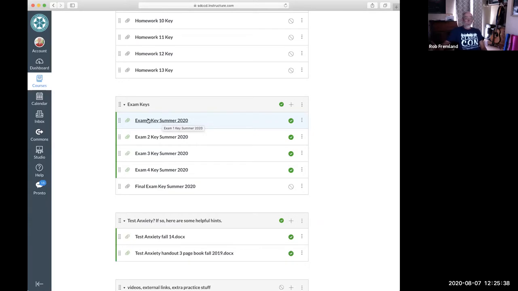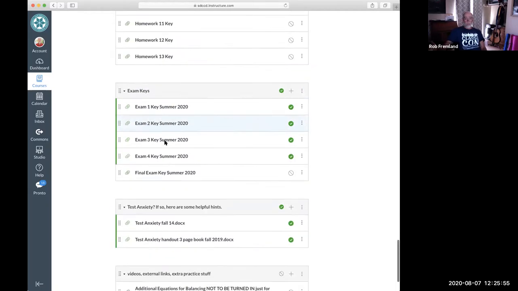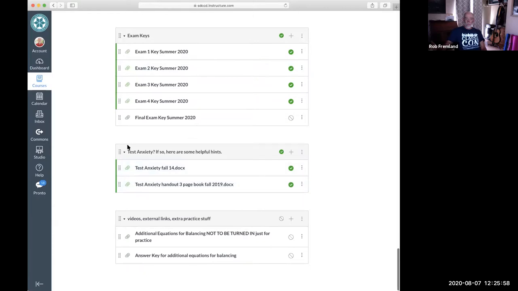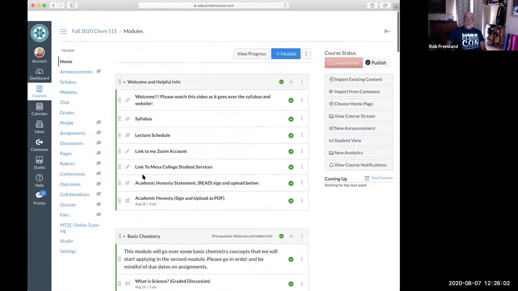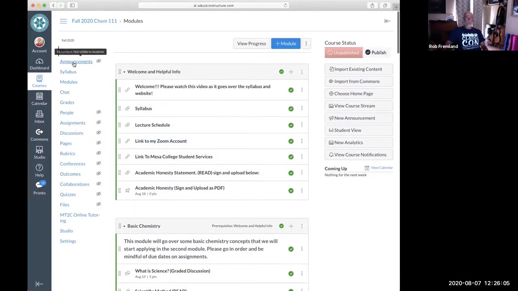Once you've taken your exam one and I've graded it, I will take this down and put up the answer key to your exam one. It'll say exam one key fall 2020, and you can look over that and see what the right answers were to all of the questions, and that'll help you prepare for the final. All right. There are also some other useful, helpful hints if you have test anxiety or other issues. Okay, so that's what the website has on it. Also, every week, I'm going to send you an announcement, and all it's going to be is a reminder of what you should be working on that week, even though you'll have the schedule.